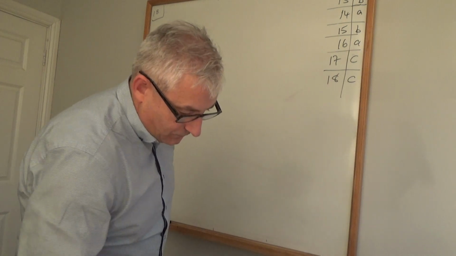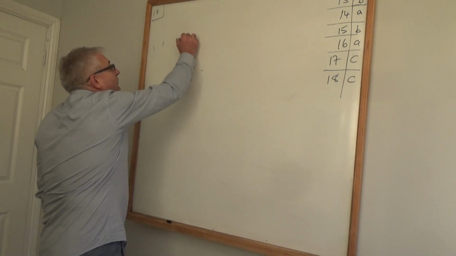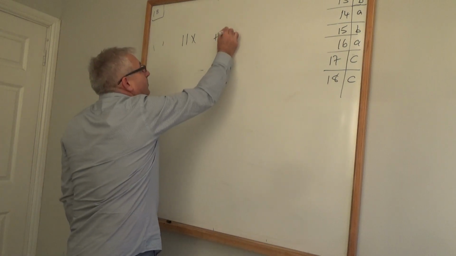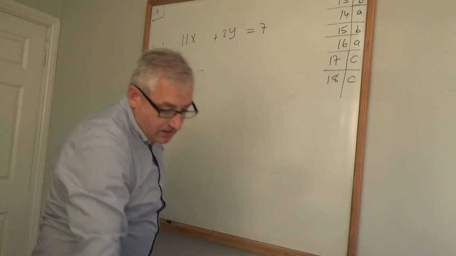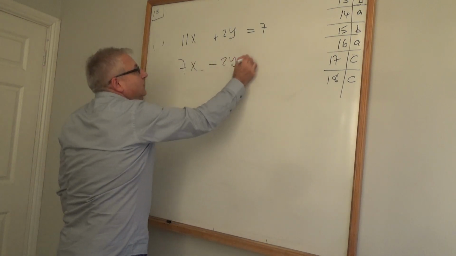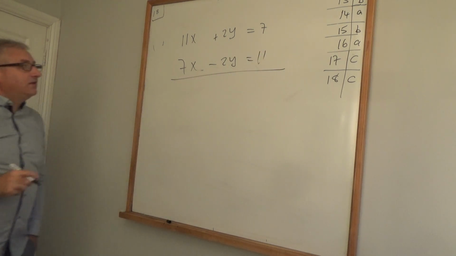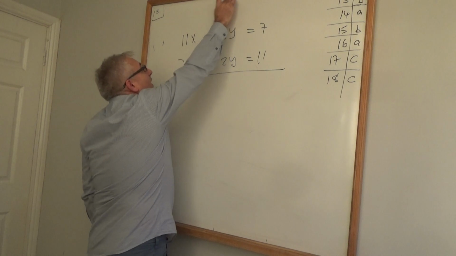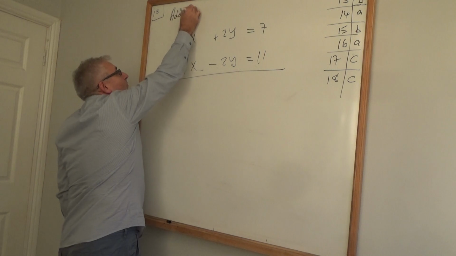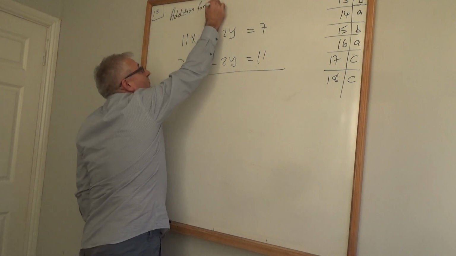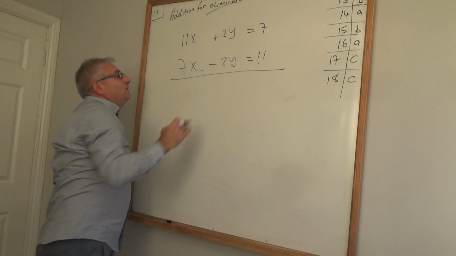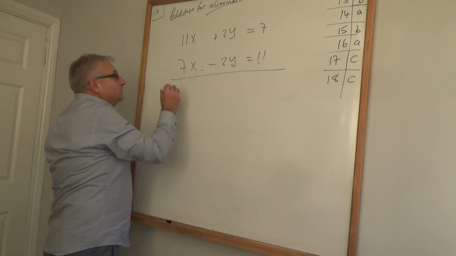So it looks much easier from this first, at the beginning there's less information. The only information is, I have 11x plus 2y equals 7. And I have 7x minus 2y equals 11. And in each case, the title here is use addition for elimination. So we love this elimination because it's going to eliminate the y's and we're going to be able to find the x pretty quickly. So we get 18x